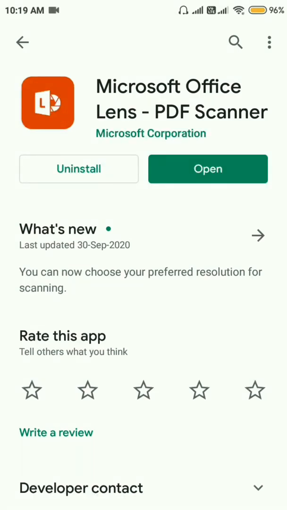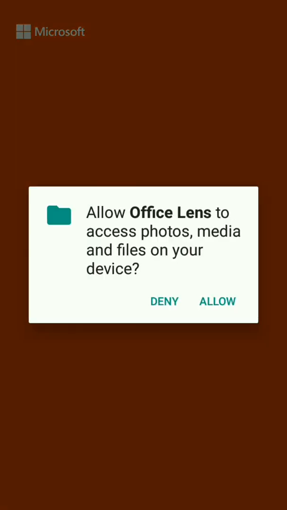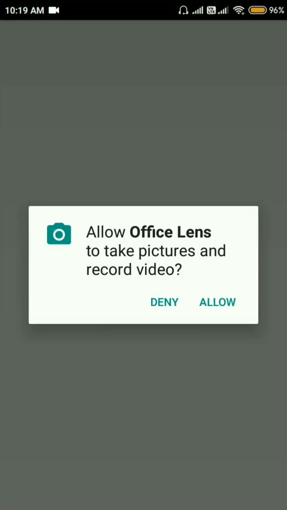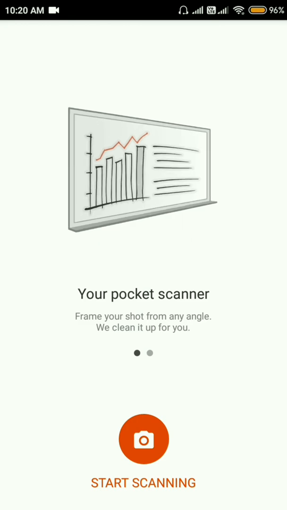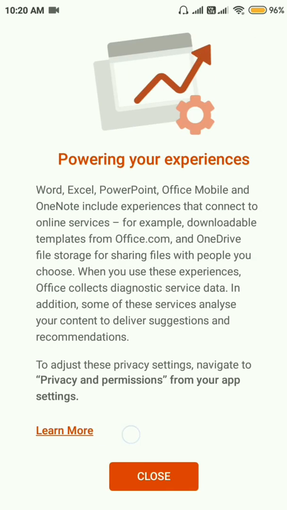Now after installing the application, just open it and then give it access to all the permissions. Here it has asked for file manager permission, and here allow the camera permission also, and then press the button start scanning. Next, just click this button, don't send optional data, close.